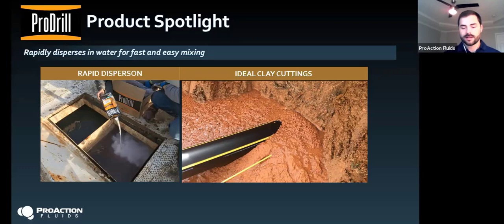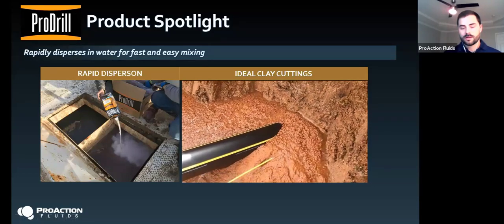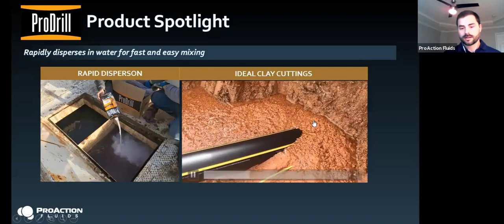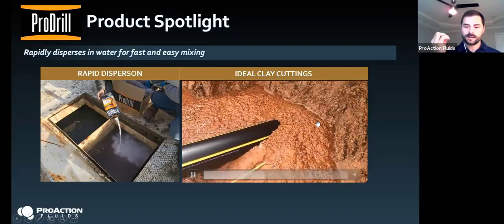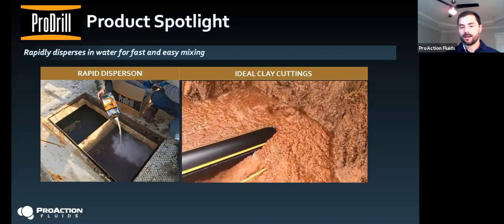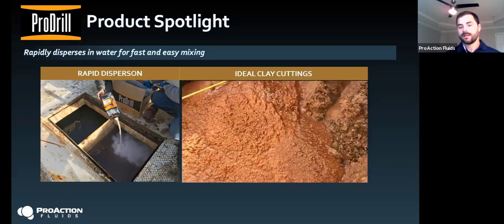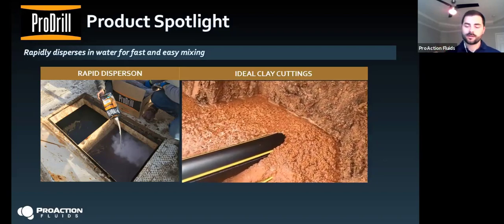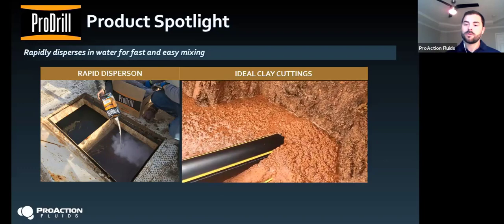The clay looks really light and fluffy. That's what we want it to look like. So what's happening there is a process called flocking. As the clay disperses downhole from the mixing action, that ProDrill will actually bind it back together into little clumps. And those little clumps are all lubricated by the type of polymer that we're utilizing. So it's essentially encapsulating them, binding them back together into those clumps, lubricating them so they move through the bore